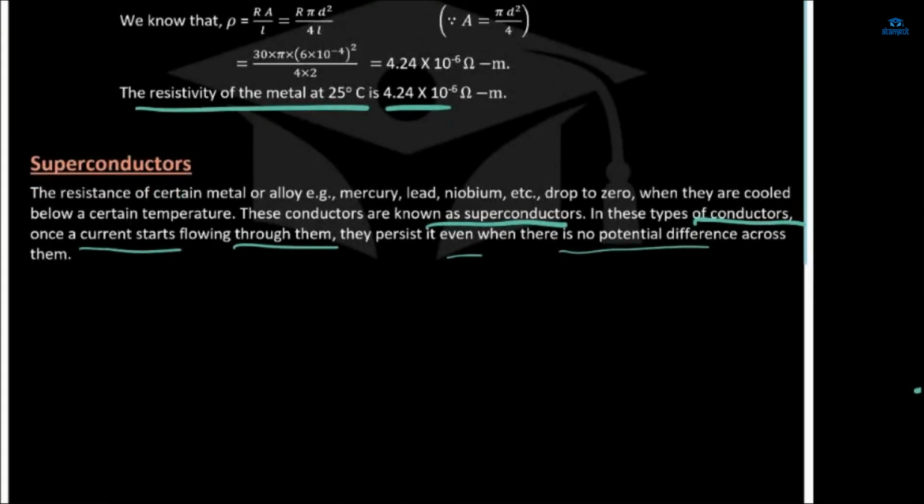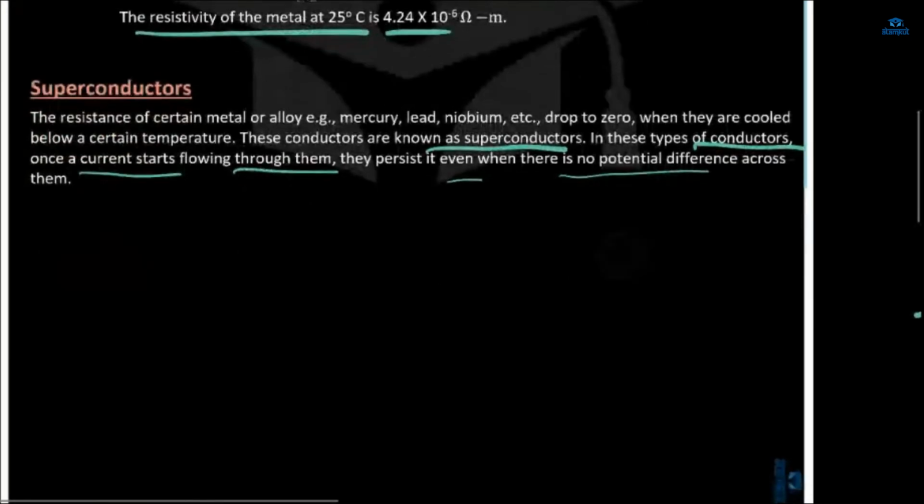So what happens is, mercury, lead, these are the metals and all alloys for which the resistance drops down to zero. And there is also a condition that when they are cooled below a certain temperature, ठीक है। तो ये क्या होता है, these conductors are called super conductors, and even if the potential difference is not there, they allow the current to flow inside through them, fine, ठीक है।